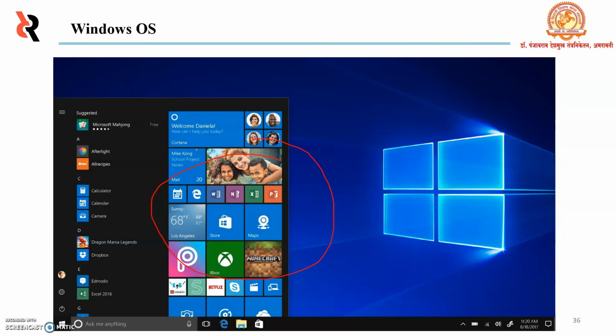Some Windows versions are Windows 3.0, 3.1, 95, 98, Windows ME, Windows XP, Windows Vista, Windows 7, Windows 8, and now Windows 10. So this version is Windows 10.